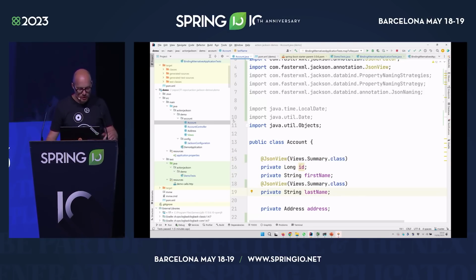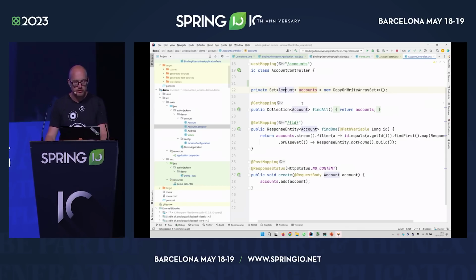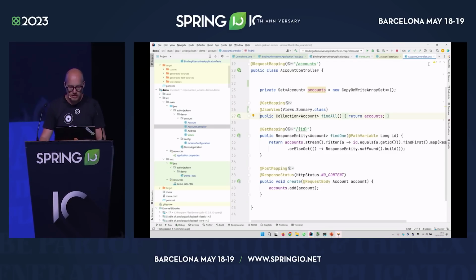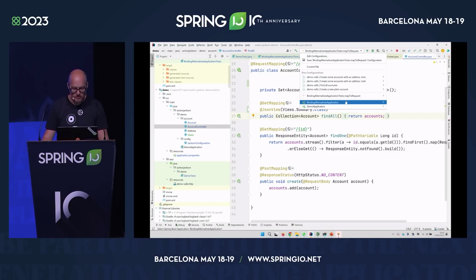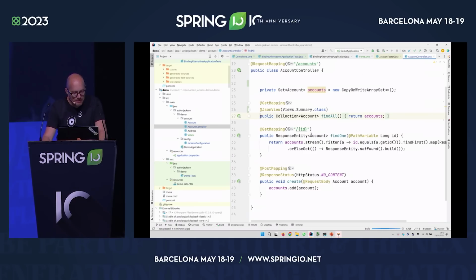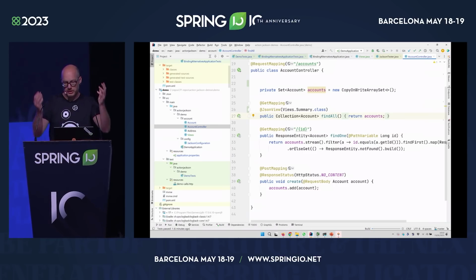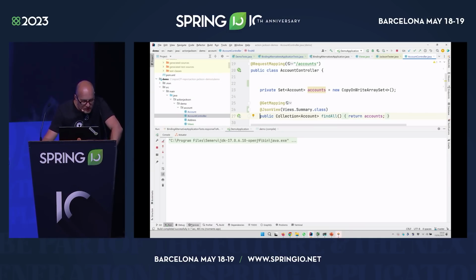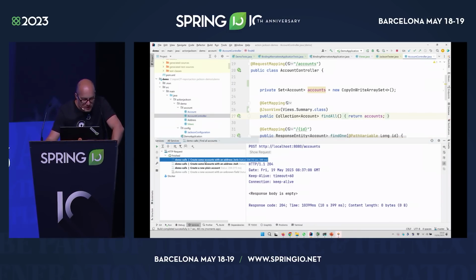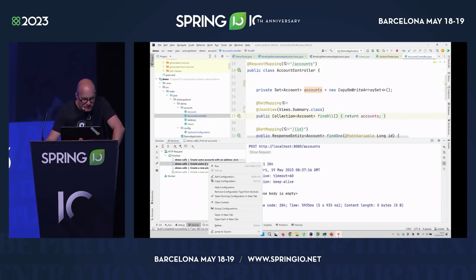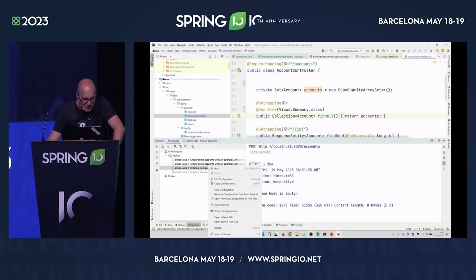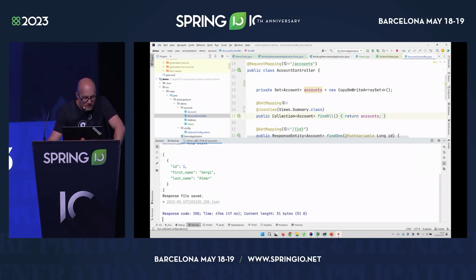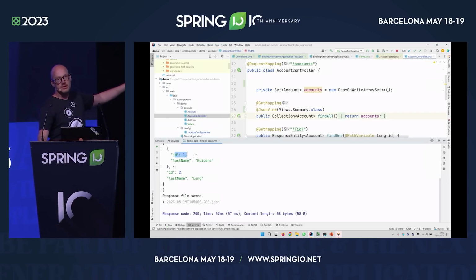Now I can go into my controller, and when I do a find all, which we have over here, I actually want it to use that particular JSON view. If we now restart the application, I can create fully populated objects. So that's the first thing I'm going to do. Let's see if I still have one available here. Yes. So we're going to create myself, we're going to create Josh. It's not there yet. There we go. And this one. And now, if we find all accounts again, I'm just going to get the ID and the last name included,